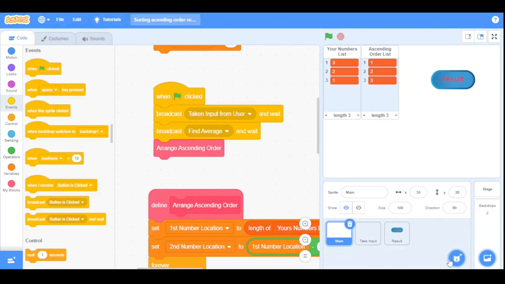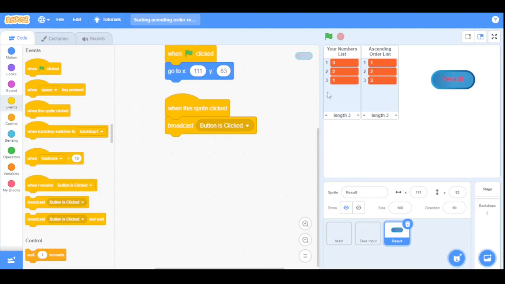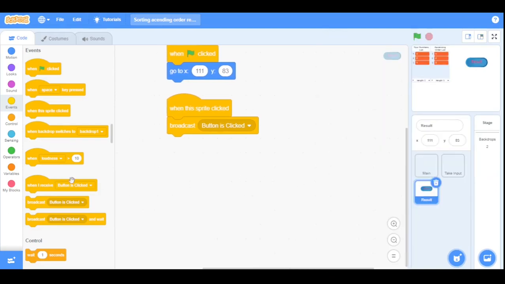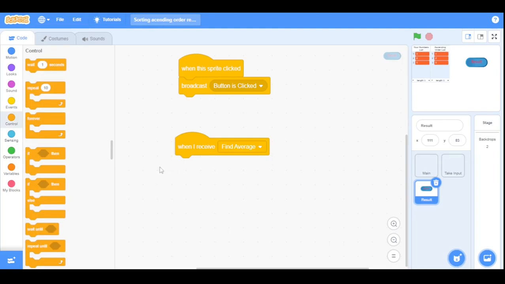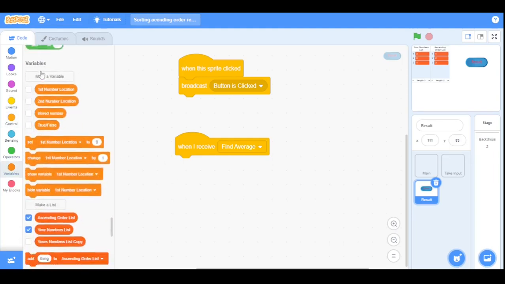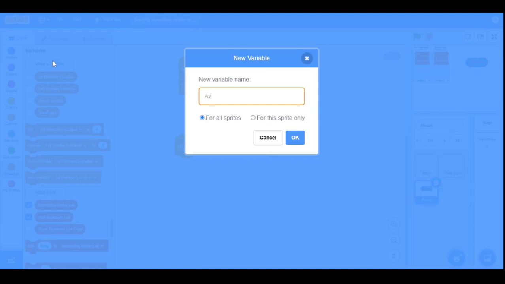Now go to the result sprite and drag the when I receive block into the scripting area and select the option find average. So first we will find the sum of all numbers and then divide it by the total amount of numbers. So first we will create a new variable named average for all sprites,